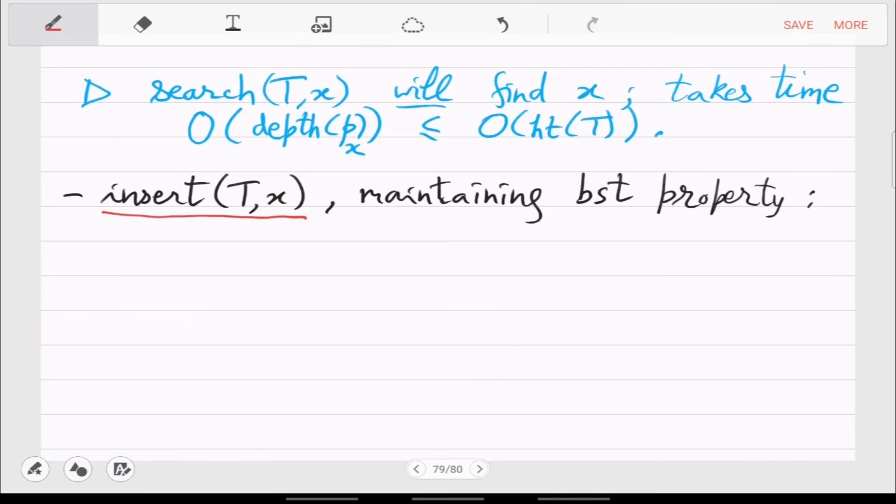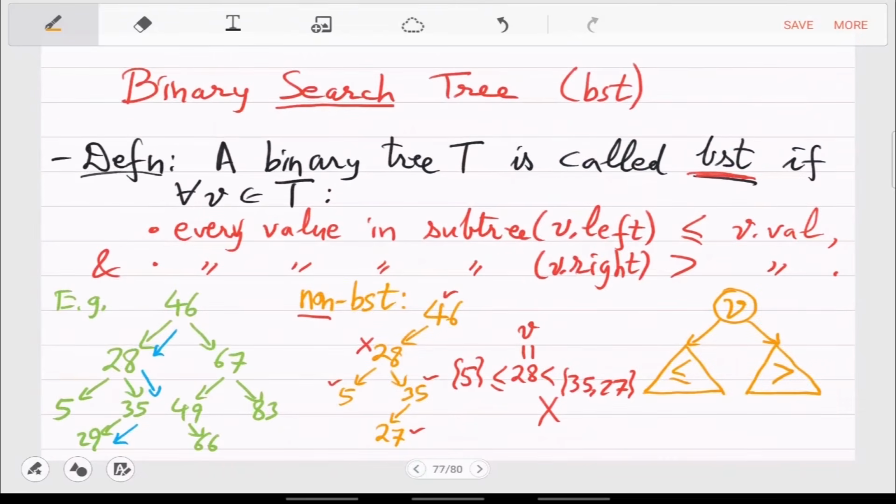Okay, search we have seen. If we can also insert new values, then we have a way to build at least the BST one by one as input is arriving. So suppose you want to insert 50 in that tree. How will you do it? Exactly, that is good. So you have to do the search first. So you search for 50. So you will go from 46 to 67 to 49, and then you will come to 66.